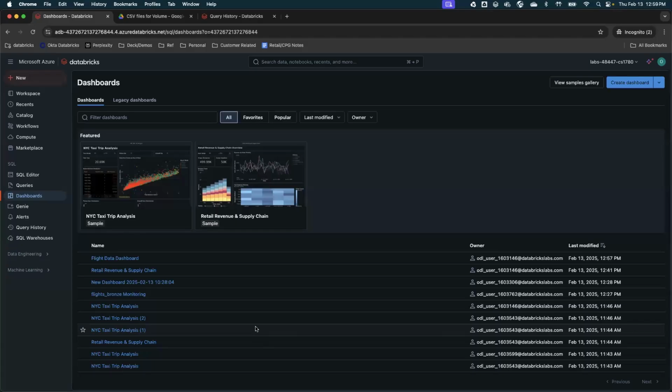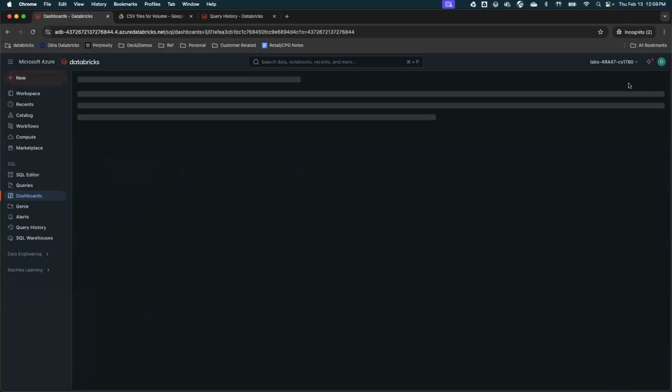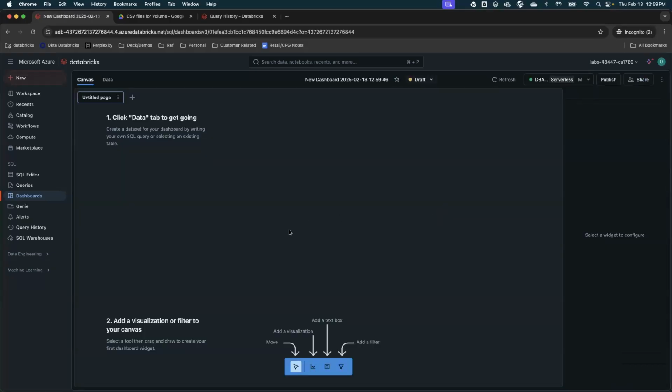Somebody has tried to build a dashboard using NYC taxi trip analysis. For our scenario, we click on create dashboard. Once we click on it, we can see there are two sections: one is canvas, another one is data. Make sure before you work on the dashboard, you select the compute here, so that your warehouse compute is selected.